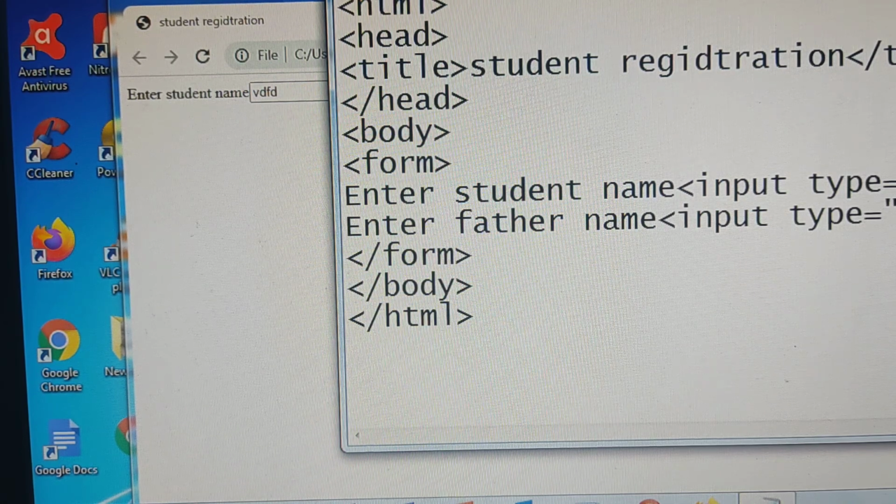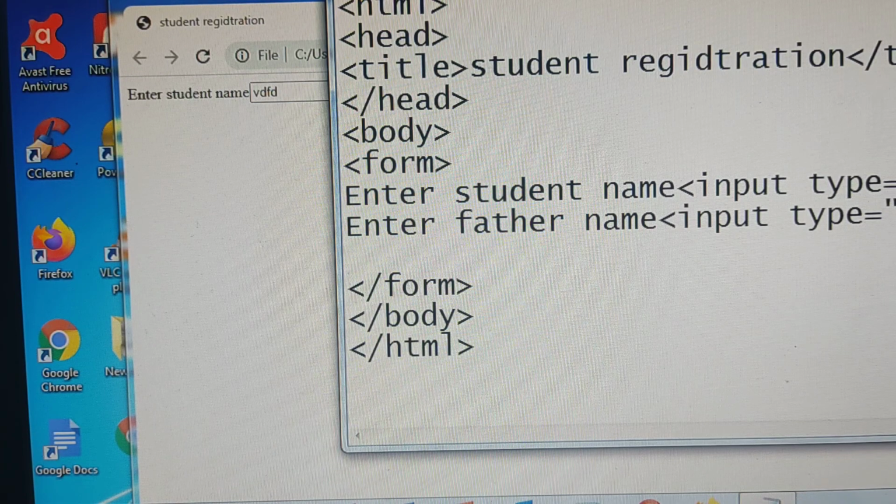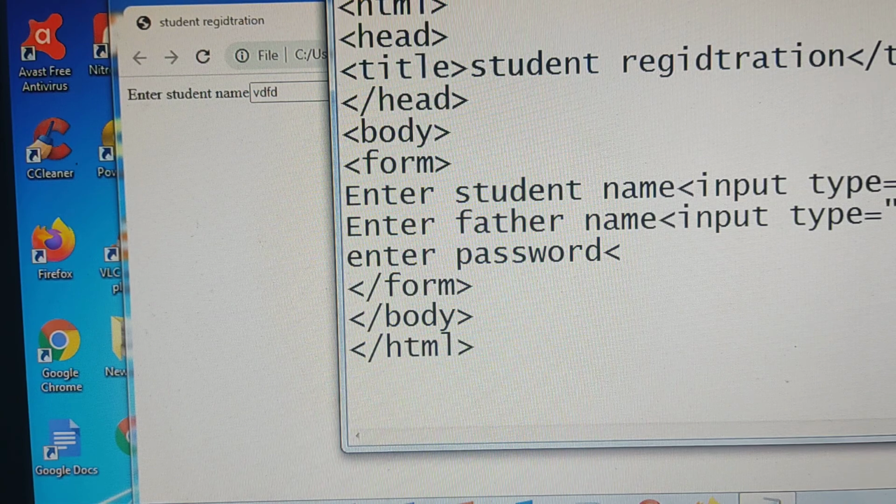Now after this, I am giving enter password. According to your requirement, you can design the form. Here, whatever input fields are there, that I am explaining. Input type equals to password.